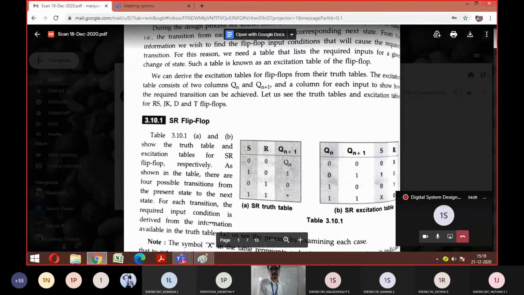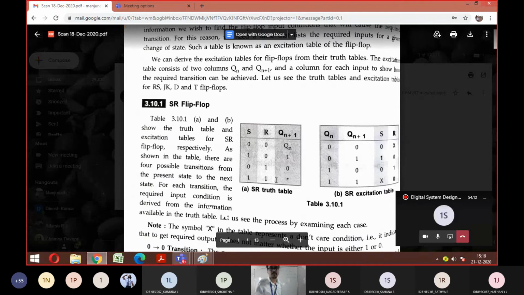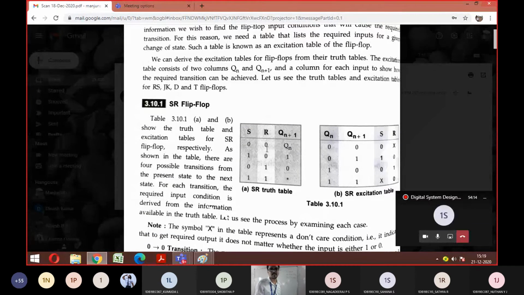So this is the table for your SR flip-flop. Is it visible? So you can make out the truth table. If it is 0, 0, then it says no change. It means what was there in the previous state will be replicated. We know that Qn is the present state, Qn plus 1 is the next state. So for that we wrote Qn. If it is 1, 0 set, if it is 0, 1 reset, if it is 1, 1, it goes to a high impedance state. That is the disadvantage of the SR flip-flop. And you can look at the corresponding excitation table. So Qn, present state, Qn plus 1, and S is what, R is what.